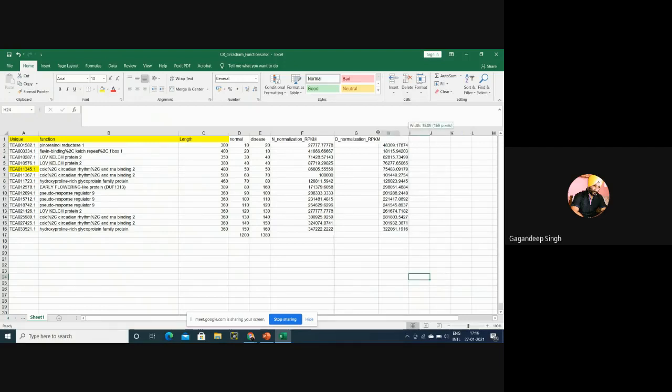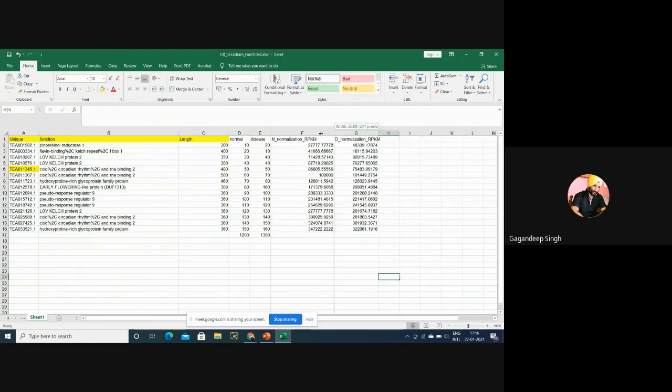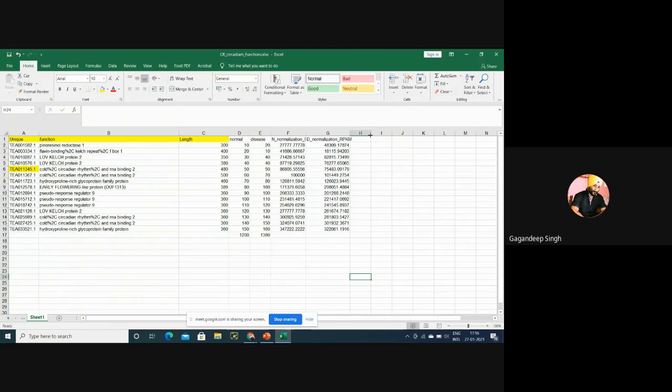We have to normalize our reads by putting this formula only by manual forms, but we can use some other tools as well. For example, there is edgeR, but for that we need some scripting. So this is the easiest way to calculate normal versus disease condition.